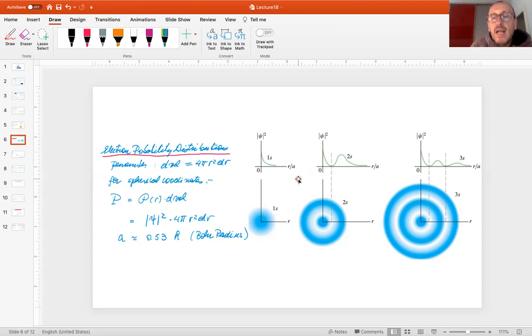The other important value that one has to keep in mind is the actual length scale of decay of this wave function, which, as I told you before, is an exponential decay. The length scale for decay is given by a, and a is simply the Bohr radius. So in atomic units, length should be measured in Bohr radius. That's what it is. Okay, so it doesn't really account for more. The Bohr radius is roughly half an angstrom, according to this,